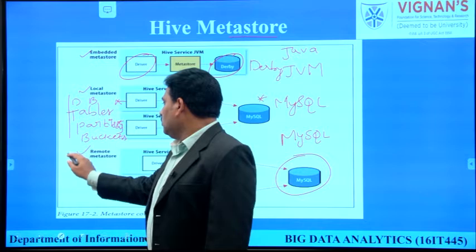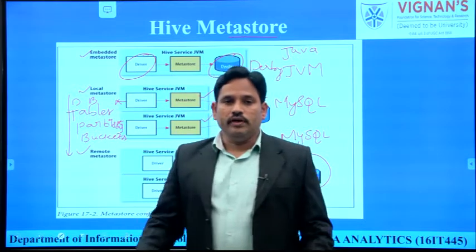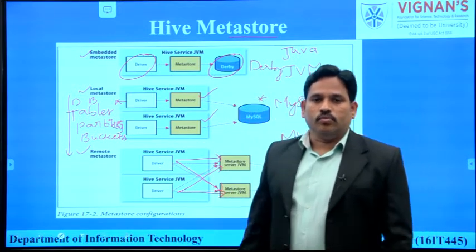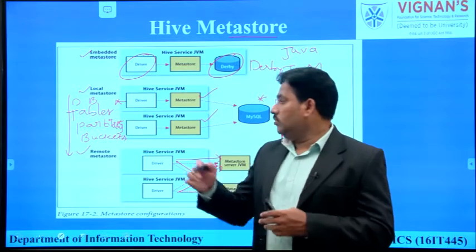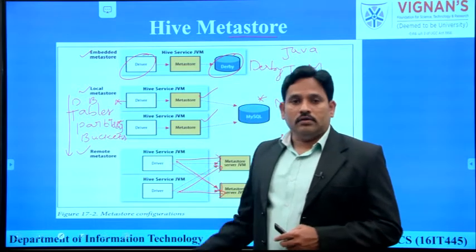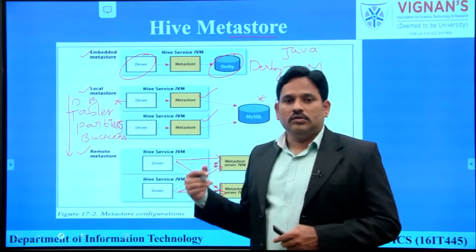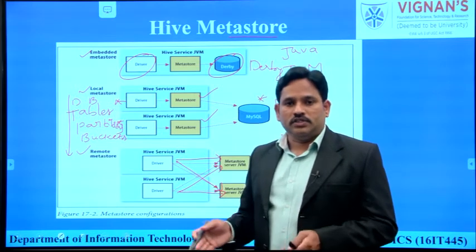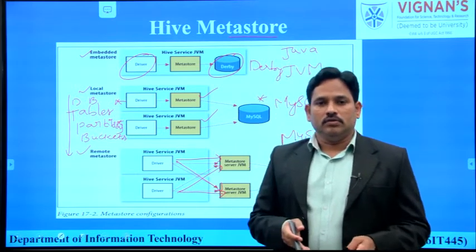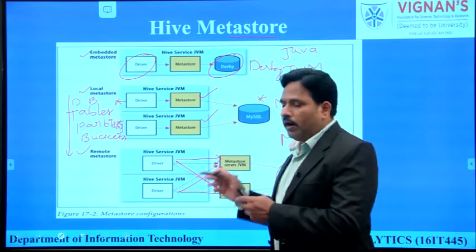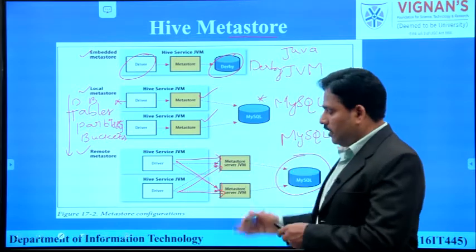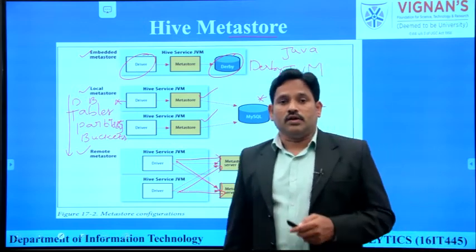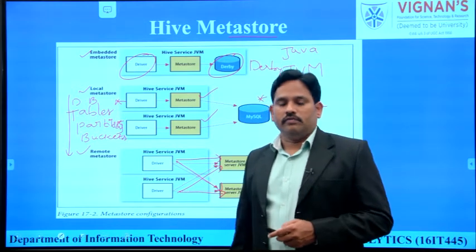This is the workflow, or you can say the unit flow of data in Hive. At the top level we will have the database, and in the database we will have tables, and every table's data is going to be split into partitions, and every partition will have a subset of buckets, which we'll see in coming slides. So these are the three different types of metastores that we are creating in the Hive environment.